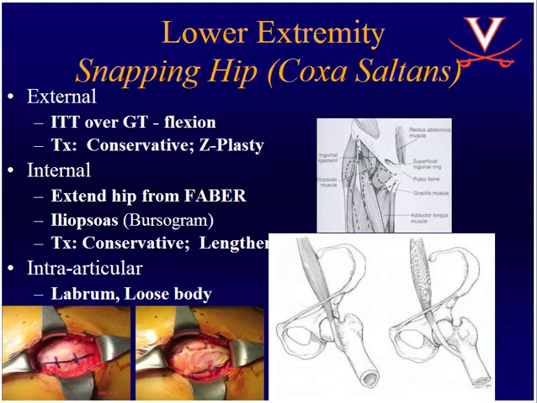How about snapping hip? I know this was mentioned in the radiology lecture, and I agree there's 3 kinds. One, external, that's the iliotibial band, not the iliotibial tract, but really the fascia lata up here. Band and tract are more distal, but the fascia lata is up here at the hip. And that's what gets tight, and the treatment for that is conservative management, and occasionally you have to do a